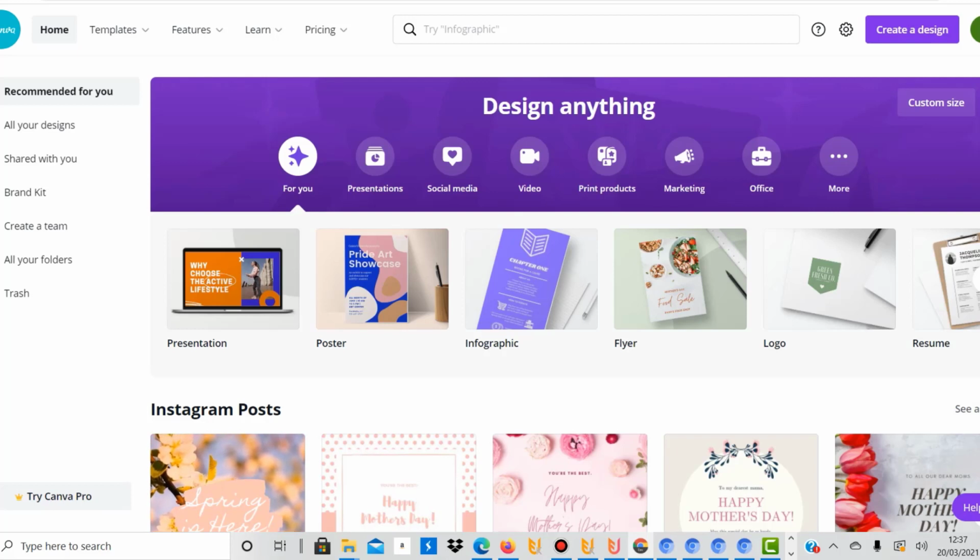Now, Canva is a browser-based, web-based design tool which creators or designers, or anybody really, use. It's useful for anybody who has a social media presence or who has a YouTube channel, for example. So there are various options. I mean, you can create logos, flyers, posters, presentations, and that's what I use it for: designs